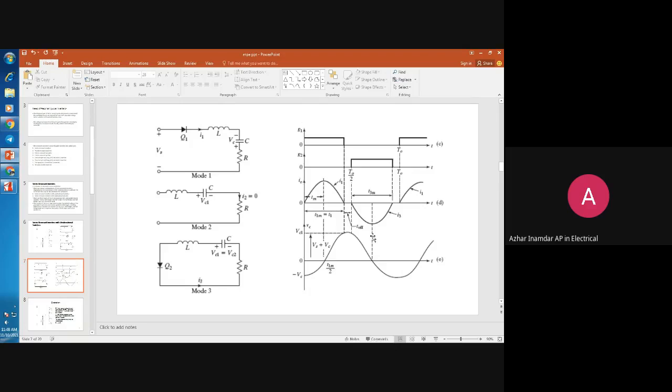So now you can see here this T1 is nothing but T1M. Okay, and this is T3M, and this middle one where there is no signal, that is T off or T2. So this incorporates mode 1. This little bit, this dead zone, is for mode 2, and this negative one is for mode 3. We are going to study each mode one by one.